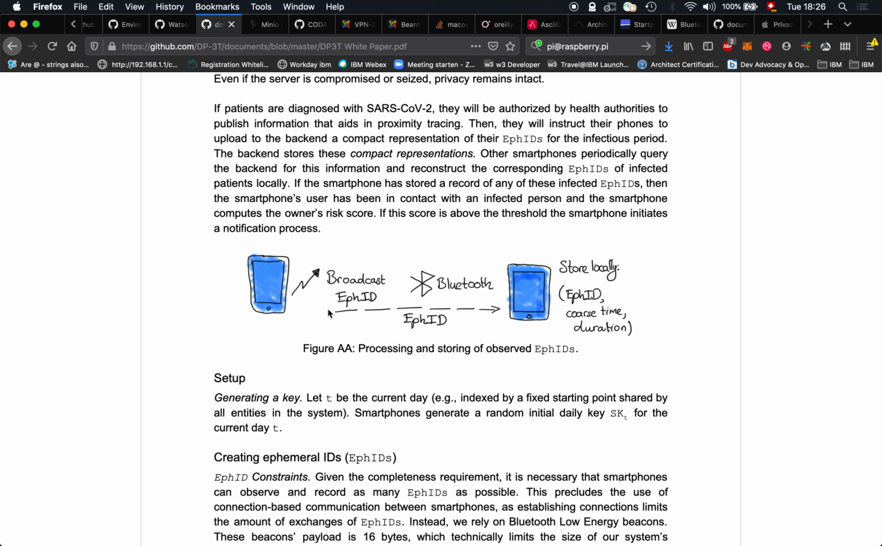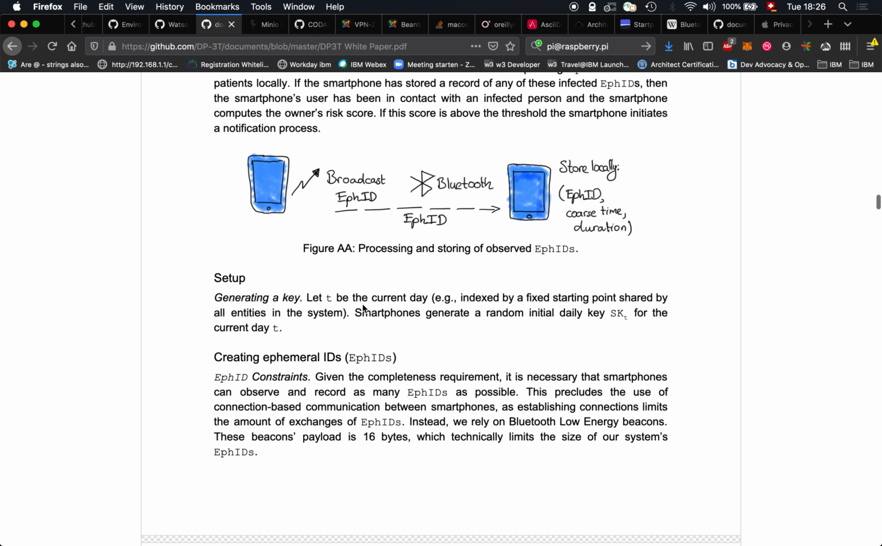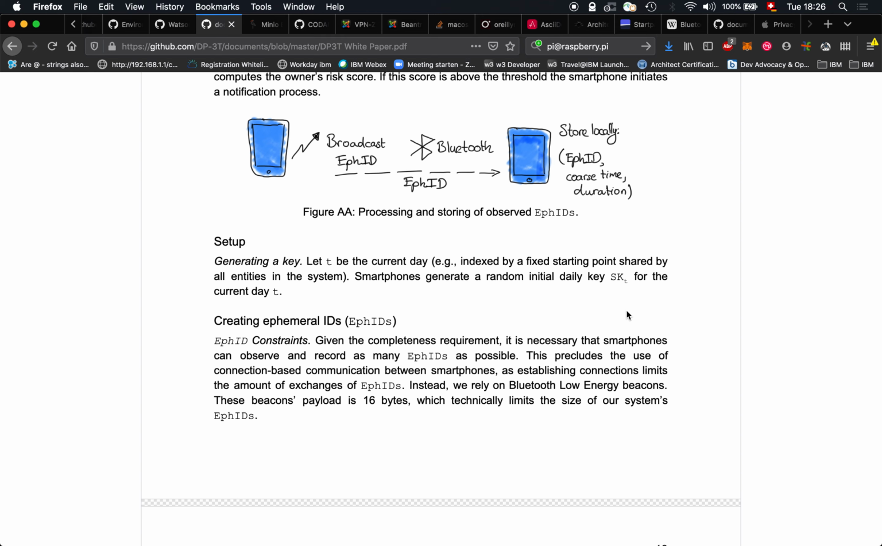Okay, so let's consider one smartphone which is broadcasting such a short-lived ID as an advertisement, so it acts like a Bluetooth low energy beacon, and without an active connection between those two, the other smartphone can track this short-lived ID. Okay, so what you need to do is you need to start with the initial key SK, and this